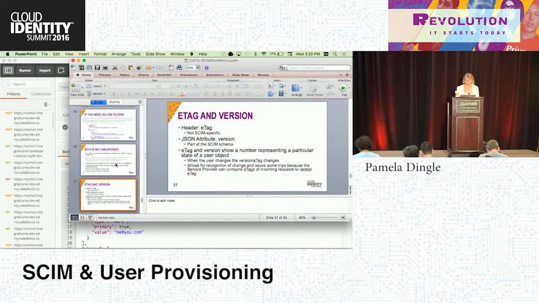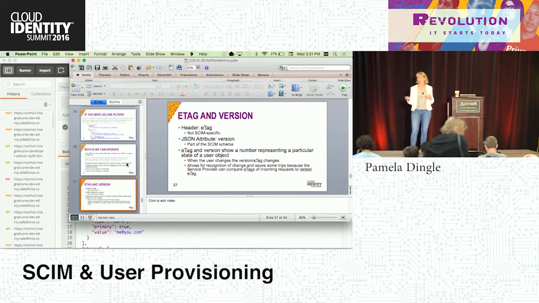All right, so we talked about filtering. I just want to really briefly talk about ETags and version. What you're going to see when you play with the SCIM interface, when you read users and make changes to users, is that they actually have a version associated with a given snapshot of user data, called the ETag. And there's actually two pieces. I'm told that they are always identical, ETag and version. Version is inside the JSON that's returned, say, on a list. You're going to see version in the meta attributes, which include attributes like when it was last modified, et cetera.